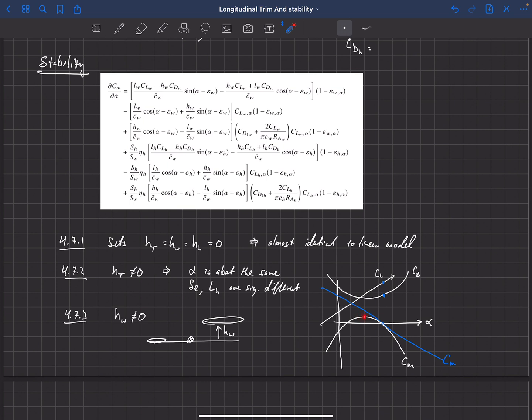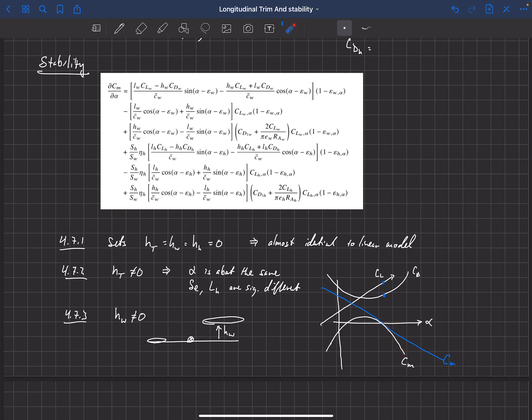So if we were trimmed at this point, but because of turbulence or something, we got bumped to a lower angle of attack, then this would still create a very large restoring moment, because we'd have a positive pitching moment at a lower angle of attack than we need, and so it would bring our nose back up. And actually, let's also look over here. If because of turbulence we had some really large angle of attack, we see that we get very strong negative pitching moments, and so that will also return us back to this point.